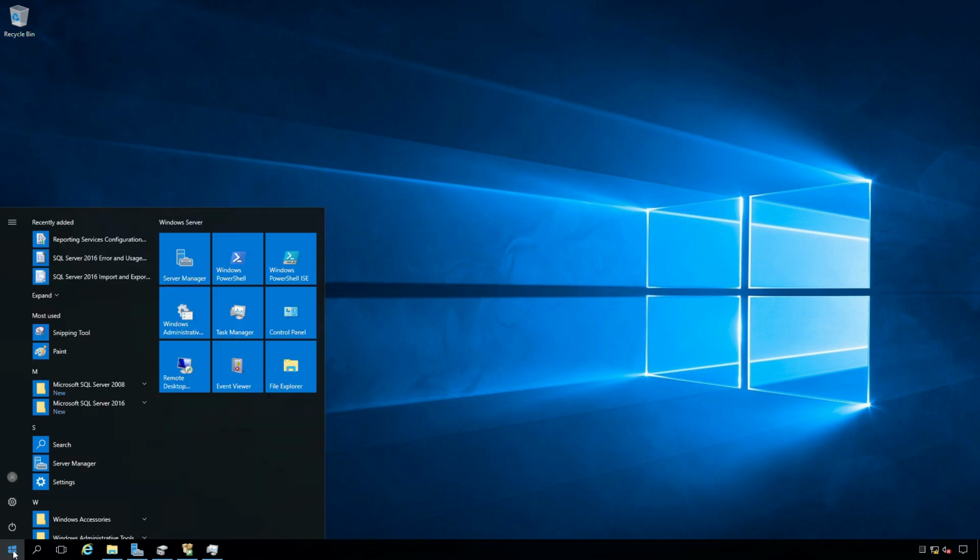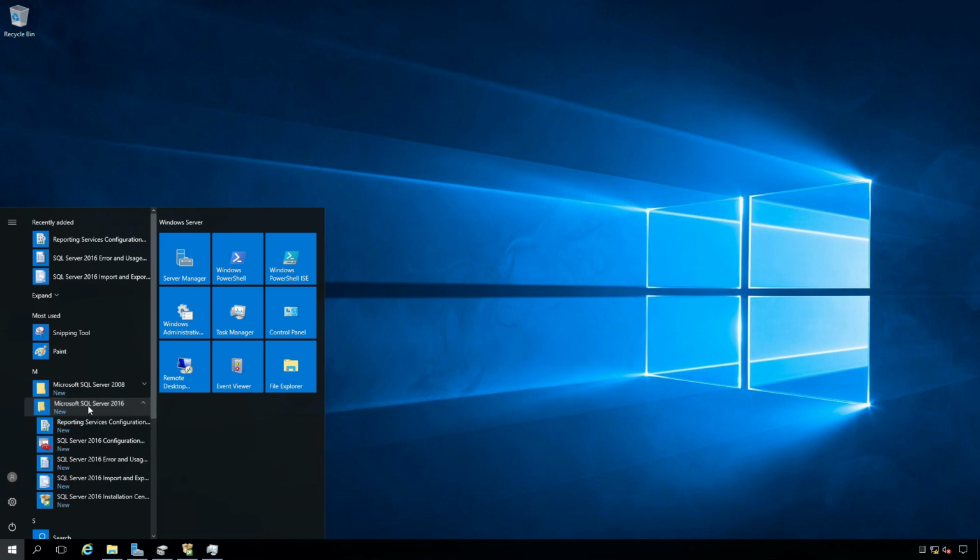Then if I click on my start menu, you should see that we have several new icons here. So several recently added administrative tools and pieces for SQL Server. So you actually even see some pieces for SQL Server 2008 got installed. So that installation center is actually from SQL Server 2008 apparently. And then we got SQL Server 2016. We can see our reporting service configuration manager for SQL itself. And then a few other